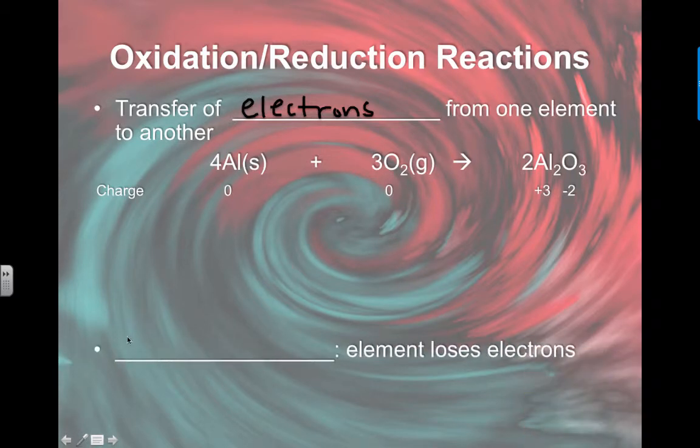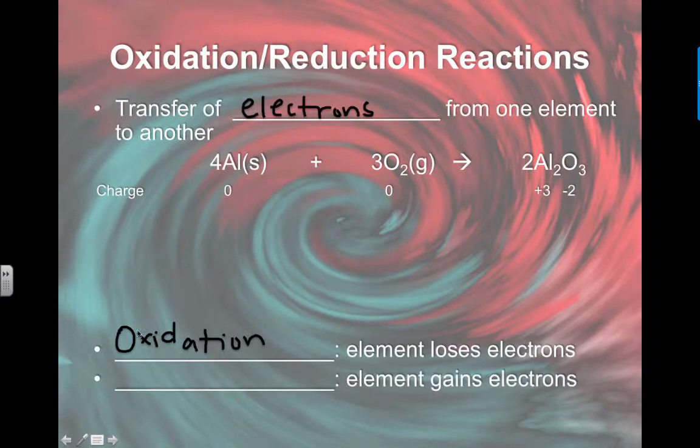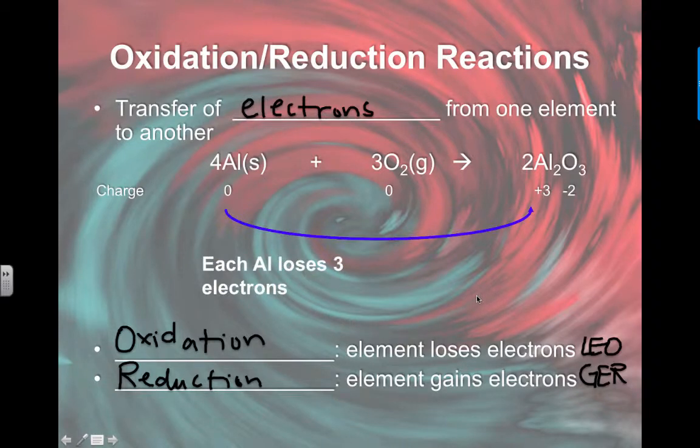And we have special words for this. Oxidation refers to an element losing electrons. And so we have an acronym about Leo the lion, right? And reduction is when an element gains electrons. So we use this acronym to help us. Leo says grr. So what we find in this reaction is that each aluminum has lost 3 electrons because aluminum